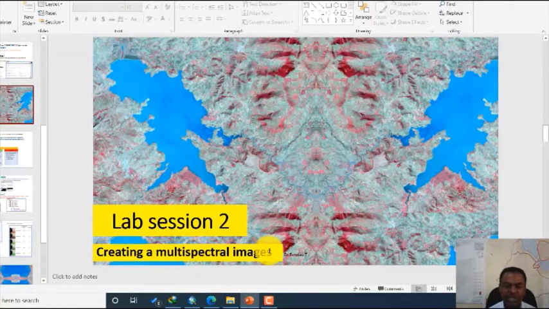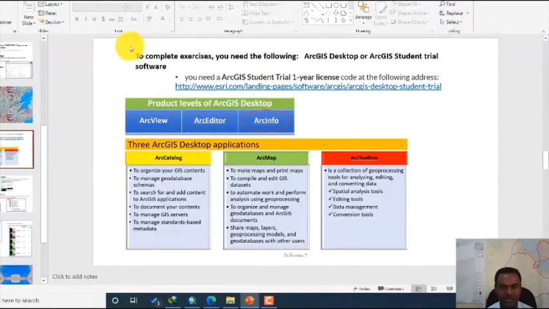Creating a multispectral image from the datasets that you already downloaded. This is lab session 2. But before that, let's have a look at the software that we are going to implement in order to create a multispectral image, as well as in order to create